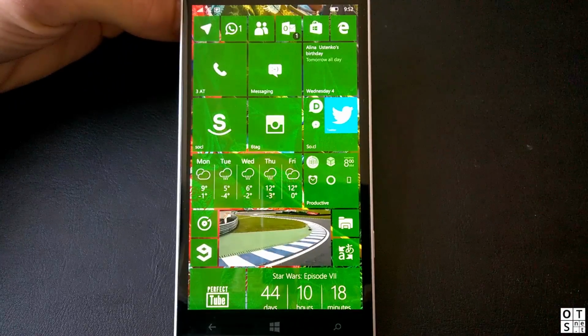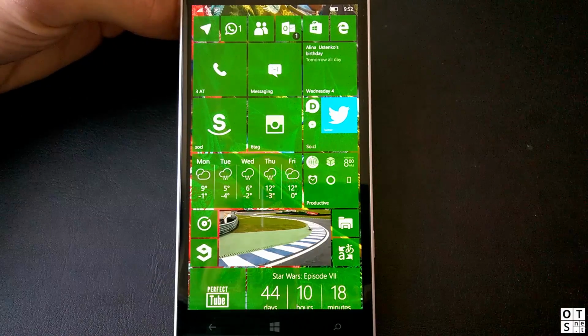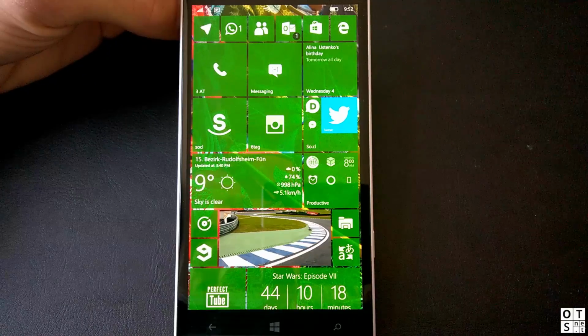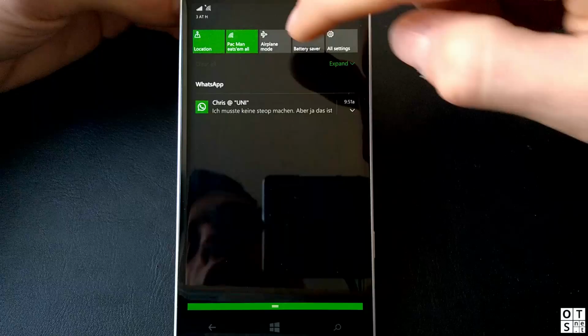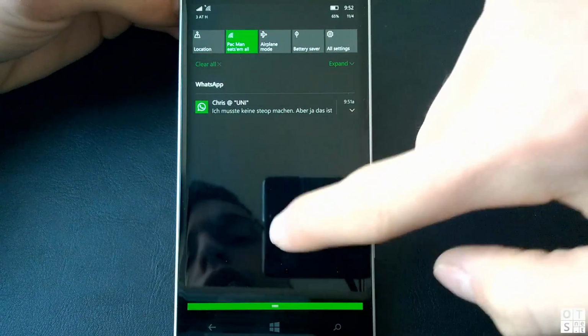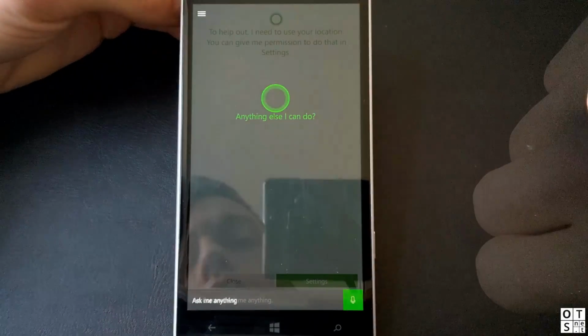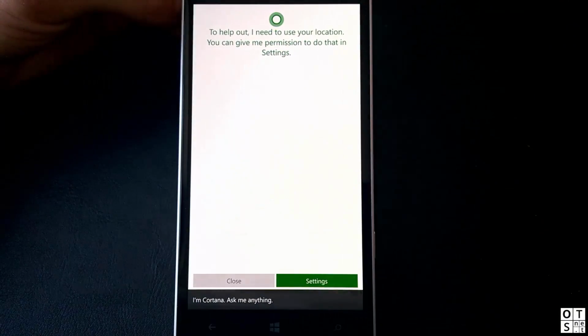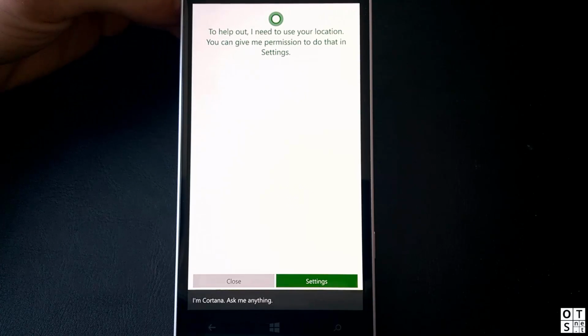If Cortana doesn't support your country yet, Windows 10 Mobile has a nice Bing search implemented. I might turn off location for a second, and then Cortana shouldn't be working. So as you can see now, she asks to give her permission for the location, and I gave her permission already, of course, but you